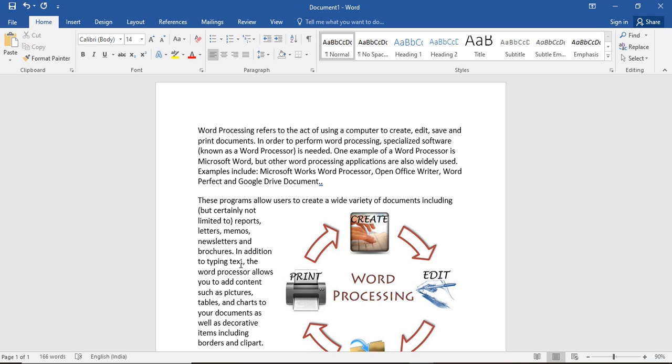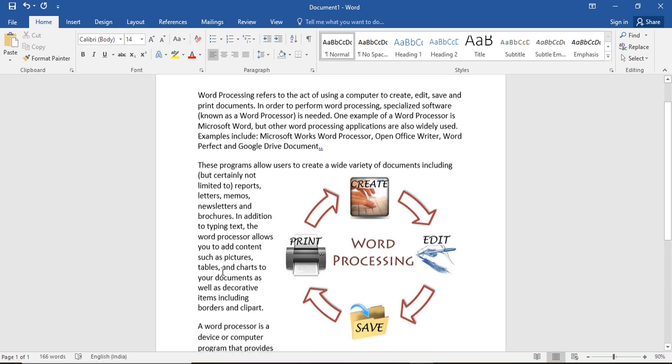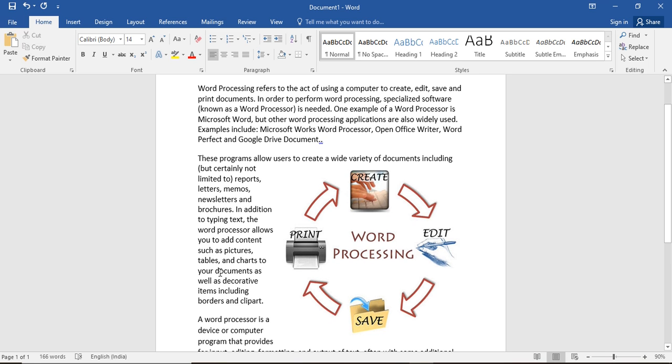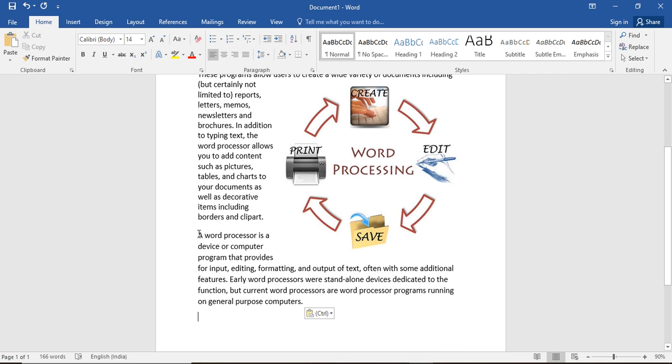So what we have to do, firstly we will select the text. After that we will press Control plus X. Control plus X will cut the text from that location and we will place the cursor on our required position, and then we will press Control plus V. Control plus V is a shortcut to paste the text in the document. Okay, so we will use Control plus X and Control plus V to move the text. So this is the first operation.